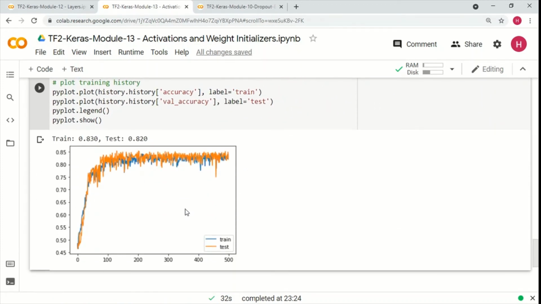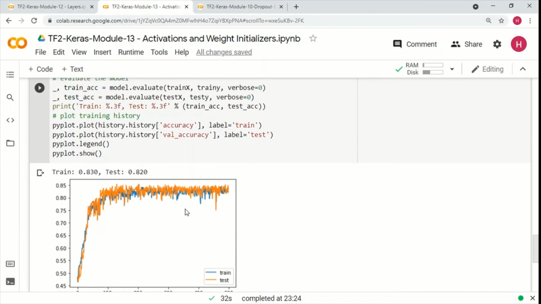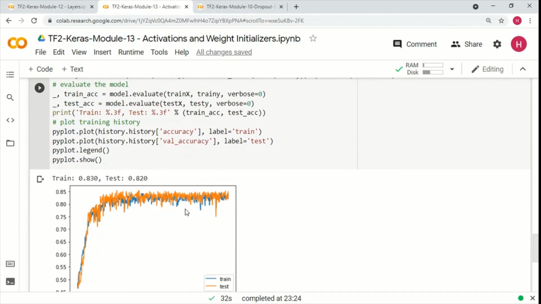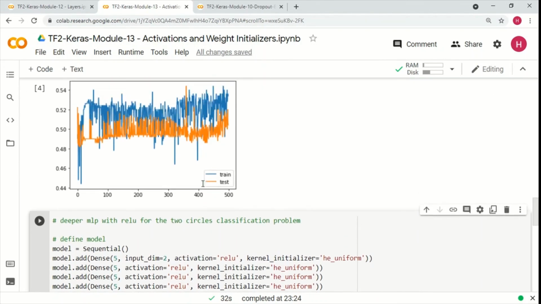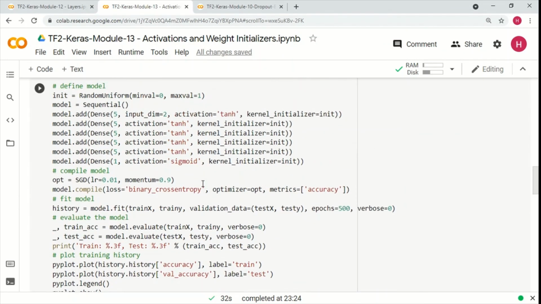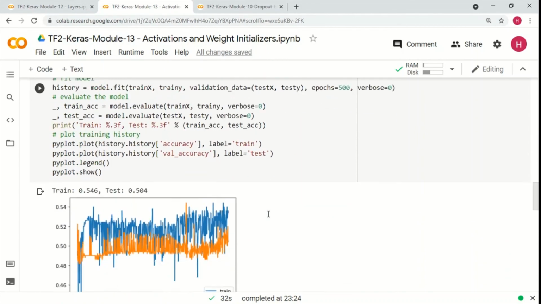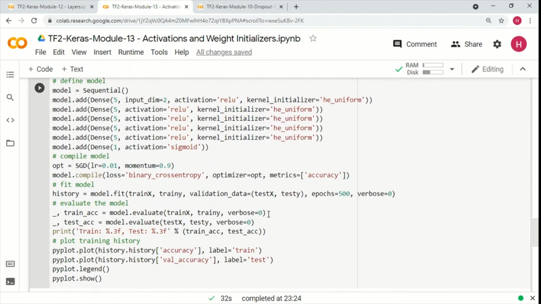So just keep this in mind, that the right activation and the right initializers, they are pretty much important, and usually, as we discussed earlier, the He uniform goes with the ReLU, and with the tanh usually we can go with like Xavier initialization. That's what we typically do. Okay,